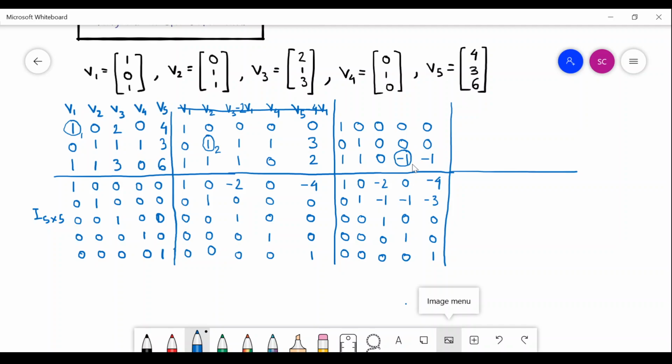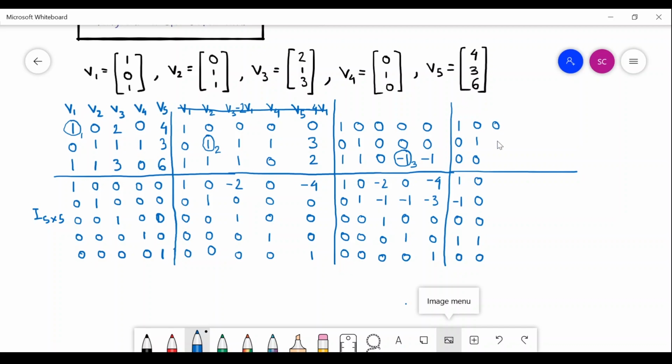Let me choose this, and I want to make all these zeros. So to make all these 0, I have to add these to this first vector, and I will get 1, 0, 0. I am adding this vector to this vector, 1, minus 1, 0, 1, 0. Again I am doing a simple addition, 1, 0, 0, 0, because this is getting added to this. So minus 1 and plus 1 is 0, 0, 1, 0.